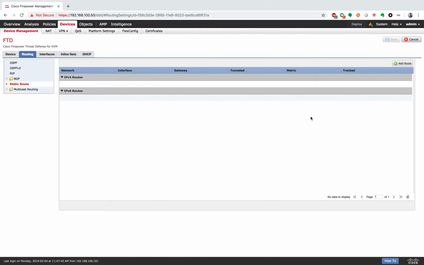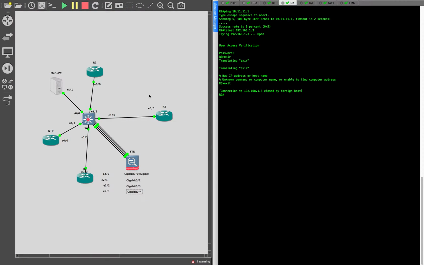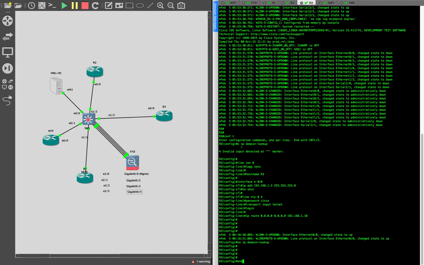Yeah, we could do a static route as well. Probably on my R3, I could do a static route. I'll show you how to do a static route. So let's start with it. So what do we do? Static route. Let's configure a static route for my R3, which means let me go to my R3 and